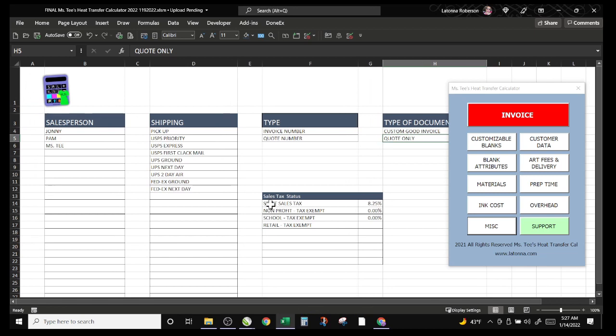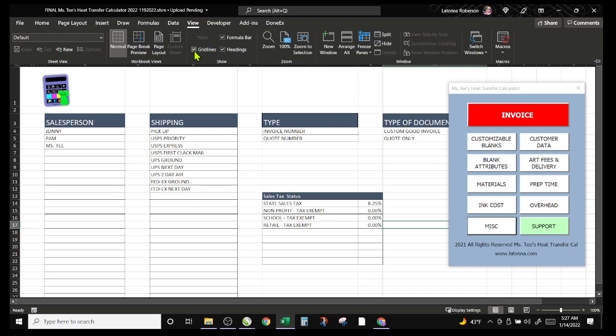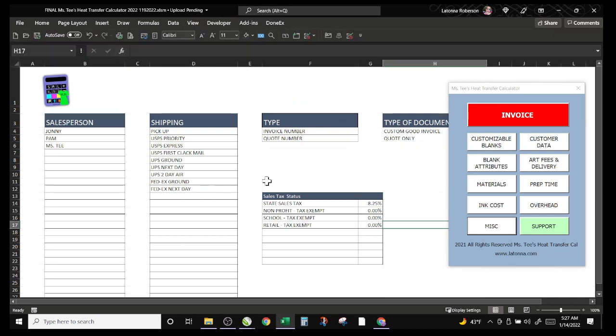You're going to add in your state sales tax percentage that you use, if you use that. And if not, then you're going to leave it as 0. But most states now do have sales tax. So you're just going to add that in. I'm going to put this in at 0%. And I want to do a little formatting here too. And if you want to remove those lines on the back, any grid lines or anything like that, there we go. Love it. Now all we have to do is go in here and check our customer data,